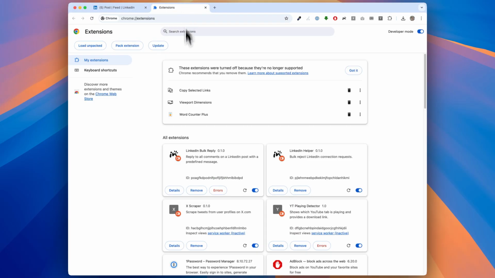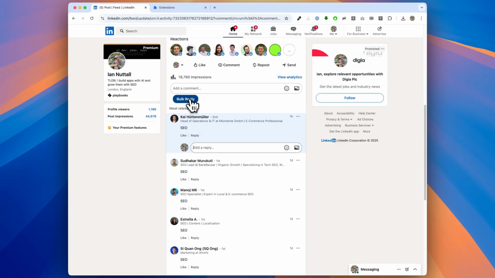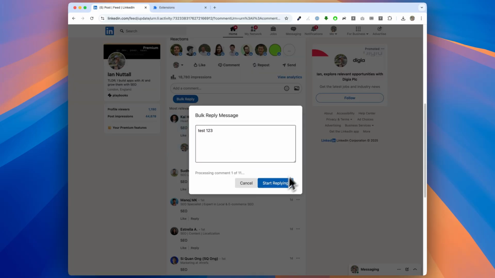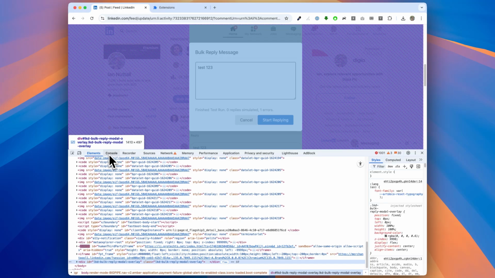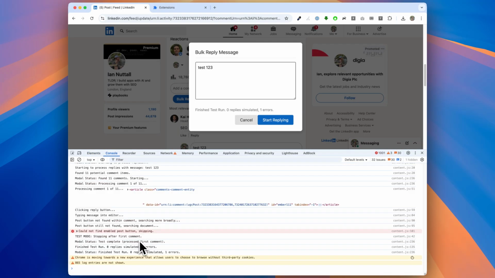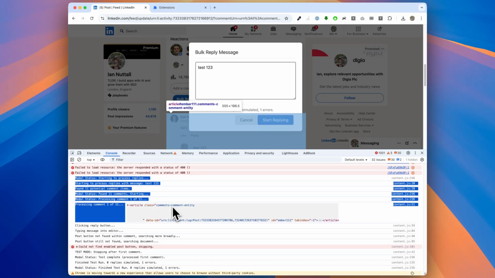Okay, go back here, reload it again. Oh, processing comment. Okay, let's go to inspect, console. Okay, so we've got a bunch of errors. That's fine. Don't need them. Okay.